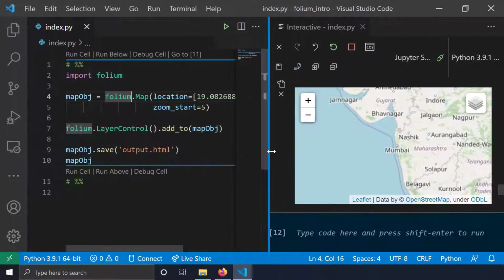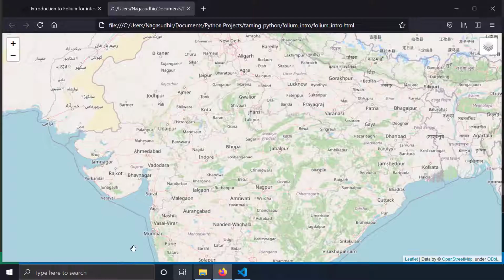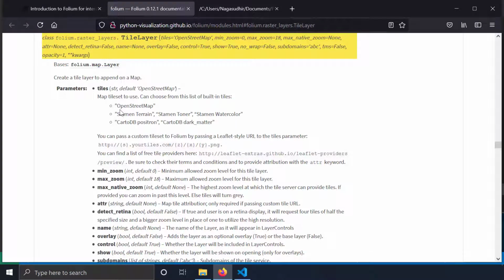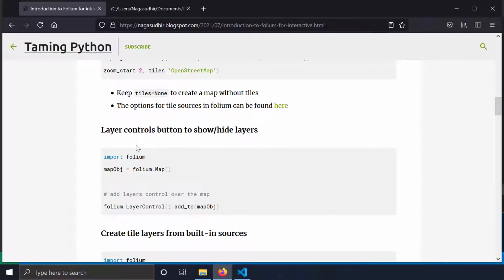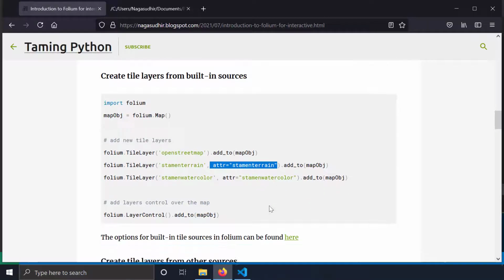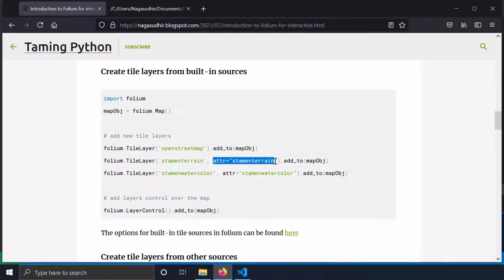But if you want to get more tile providers provided by the Folium Python library, I've given a link in my blog post. Here, this is the link. And here you can see Folium has given you some map providers called OpenStreetMap and Stamen Terrain, something like that. How can you add more built-in tile sources to your Folium map? It's really simple, guys. You just have to write folium.TileLayer and provide the map provider. Except OpenStreetMap, if you provide a different tile layer provider, you have to give the attribution also, using attr equal to, and ideally you have to place the link of that map tile provider so that he gets credited, but you can write anything here. So this is how you can add more tile layers to your Folium maps.